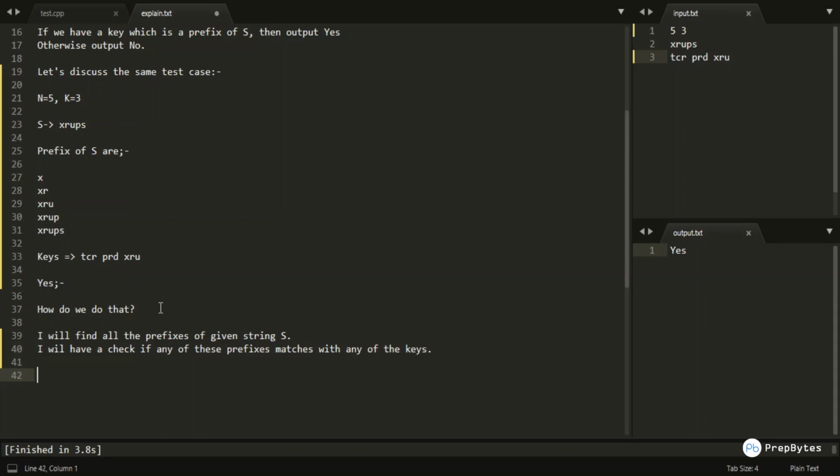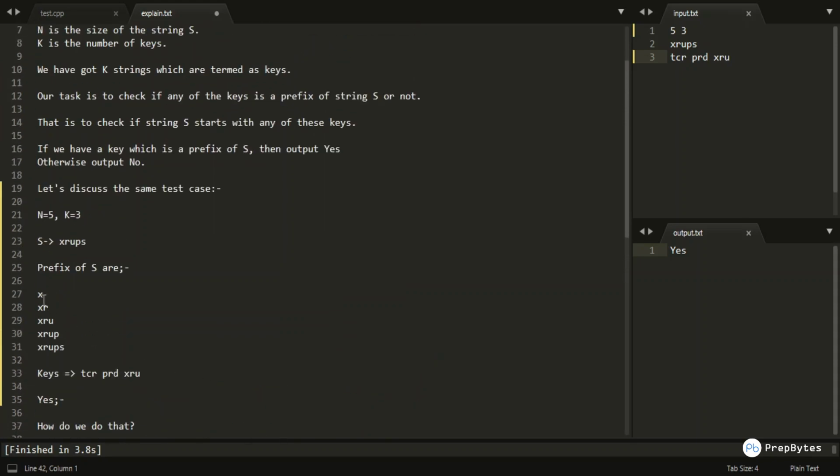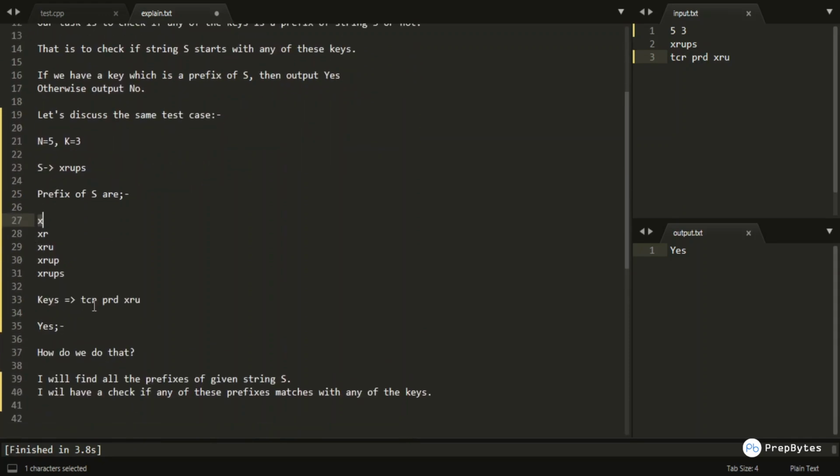How do we do that? The brute force approach is that for each and every prefix of s, we will loop through these keys and check if this particular prefix matches with any of the keys.